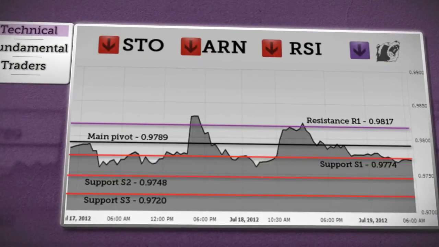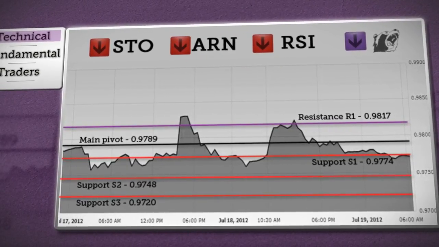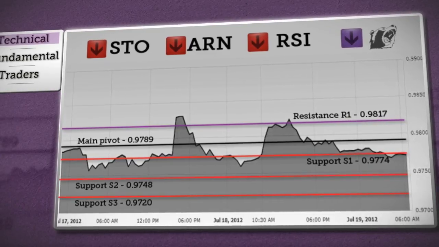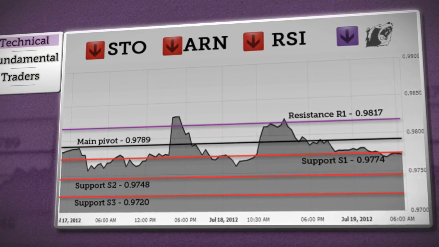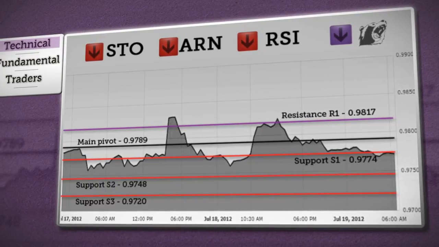Our last outlook: if the dollar franc continues in decline, it will be at S2 support, but right now it seems price could rebound from S1, which would indicate a rise above daily pivot, and it might be limited at resistance R1. A bearish trend is still predicted.